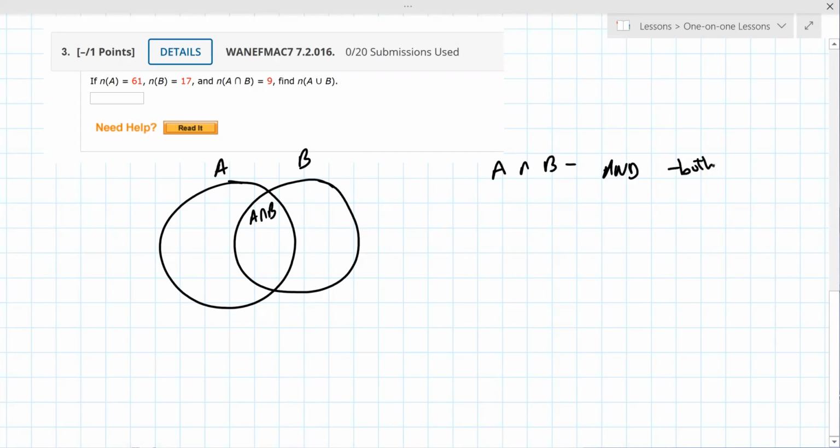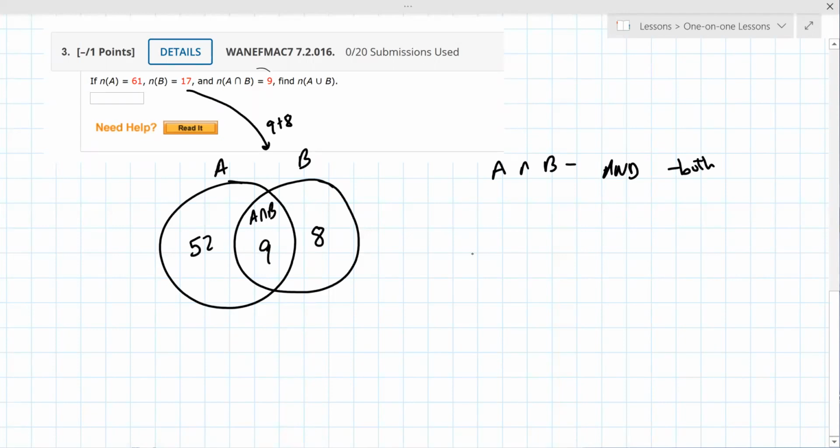So the number that are in both is 9. And then B is 8, because 9 plus 8 has to equal 17. And then A includes this 9, so whatever goes here plus 9 has to equal the 61. So that's why it's 52. 52 plus 9 is